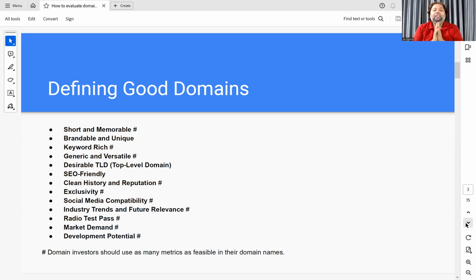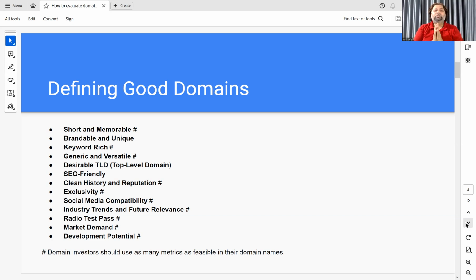See, I always say to beginners, at least for 12 to 18 months, stick to .com. If you sell 2 or 3 or 4 or 5 domain names and gain experience in .coms, then after that you can have some domains in .uk, .ca, or similar ccTLDs. ccTLD means country code top-level domain.